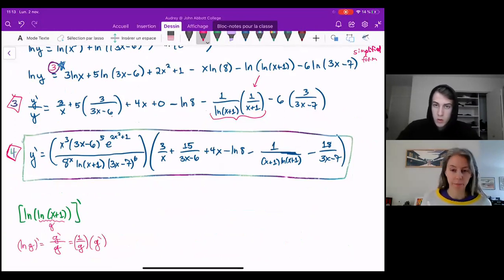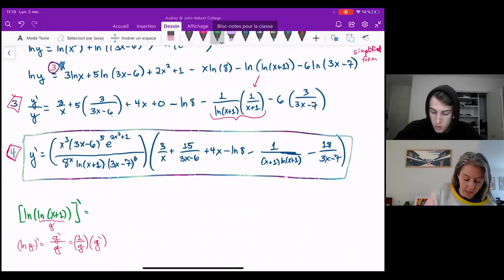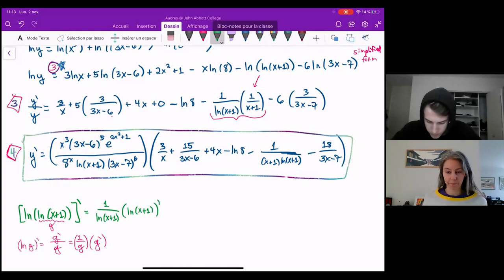So far, so good? Mm-hmm. Okay, so my inside function, my g in this case, is ln of x plus 1. So I'm doing 1 over ln of x plus 1 times the derivative of ln of x plus 1. Oh, okay. I thought it was where